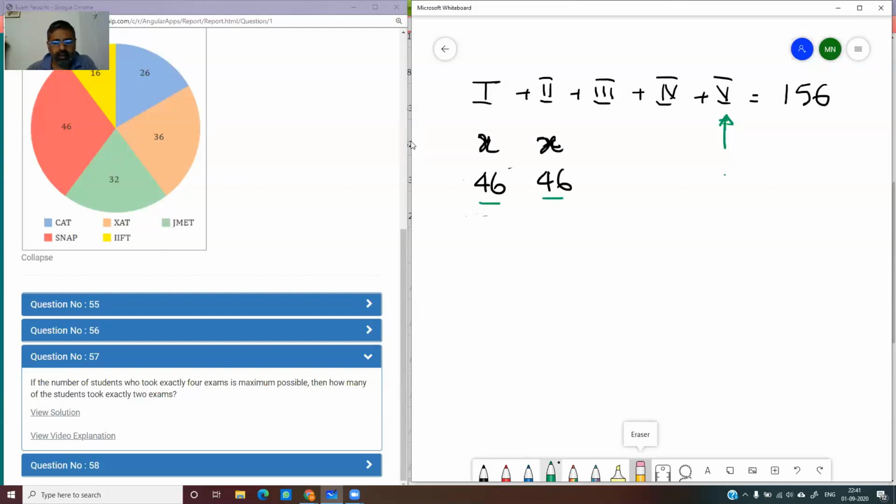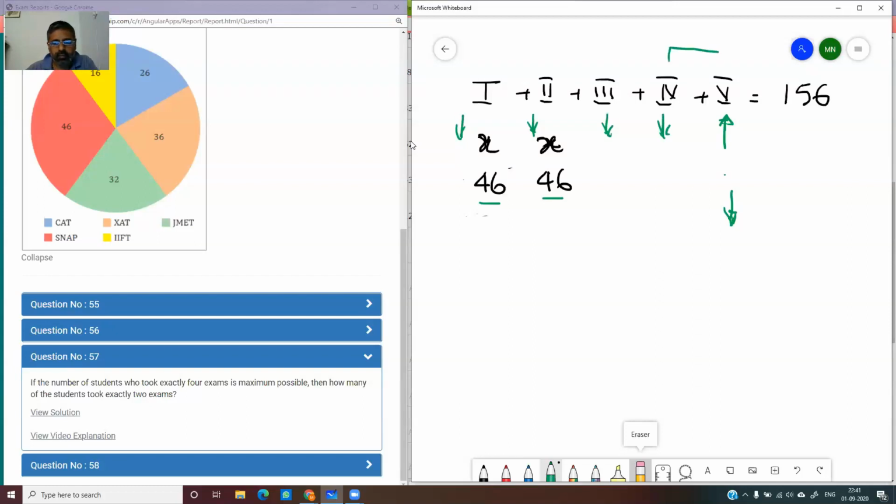If you say this is minimizing, if you have to minimize this, then we don't need that. Maybe we can get a value greater than 46. You might get a value greater than 46, or it might be 50 also. But if you're maximizing this, then we should take the minimum values. We are taking all minimum values here, so that we get a maximum here, isn't it?